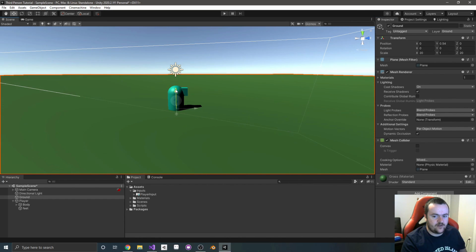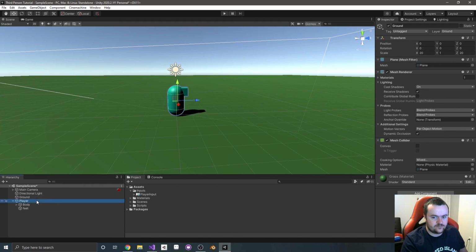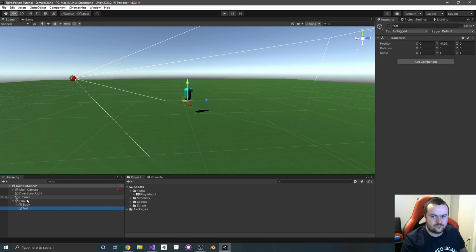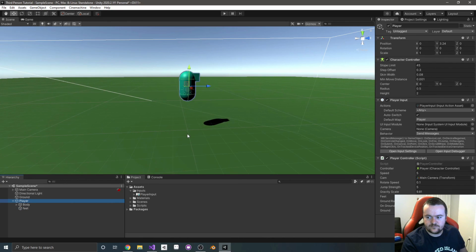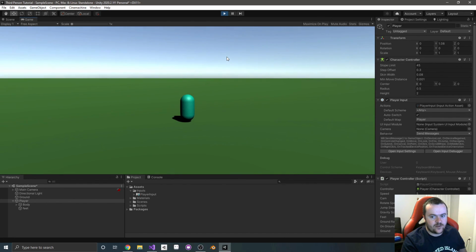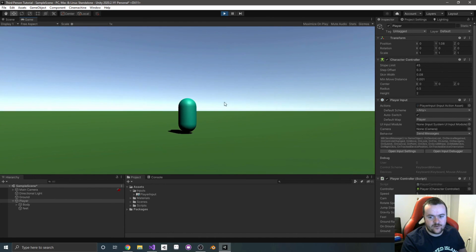So if we move our player, not our ground, up in the air a little bit, and we mess with the ground radius, you can now see the sphere. And so the ground radius was set to 0, which is why we weren't on the ground to begin with. I'm going to make it 0.2. And so you can see there's a little bit of play there. And if we press play on our game, our player should now fall, land on the ground,